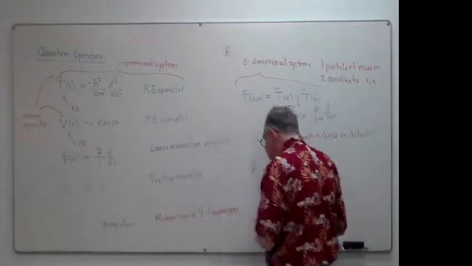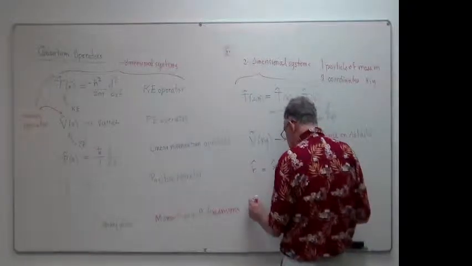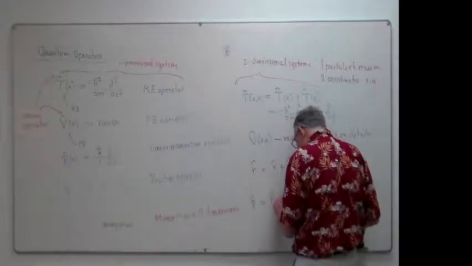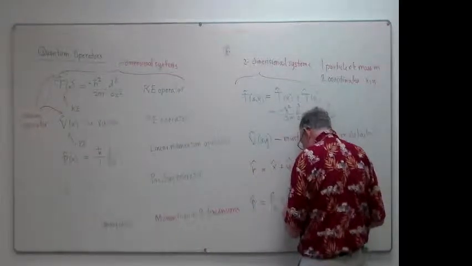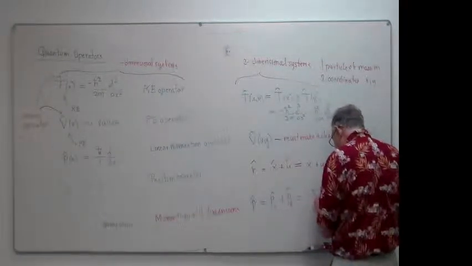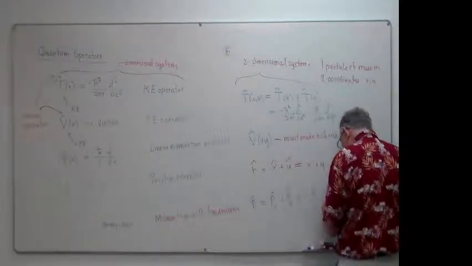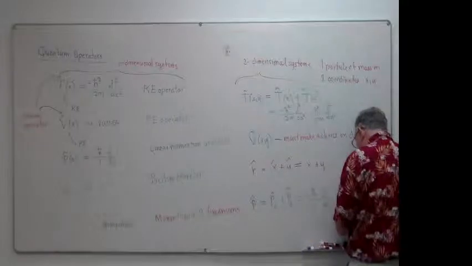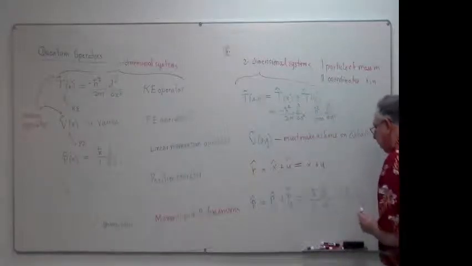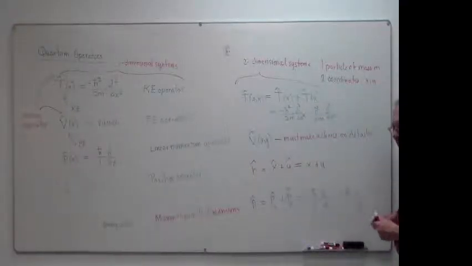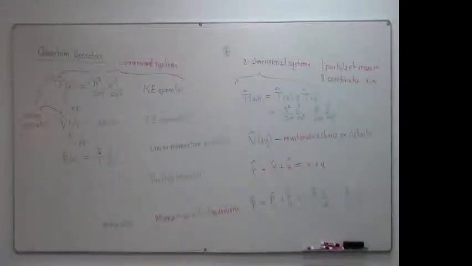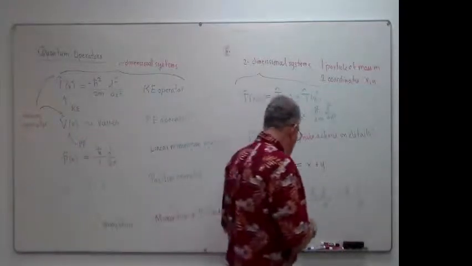Momentum in two dimensions. You have a momentum operator comprised of an x operator and a y operator. This is minus h bar over i d dx, minus h bar over i d dy, first derivative operator. And that is our linear momentum. And we can do other operators. Suffice it to say that in quantum mechanics,